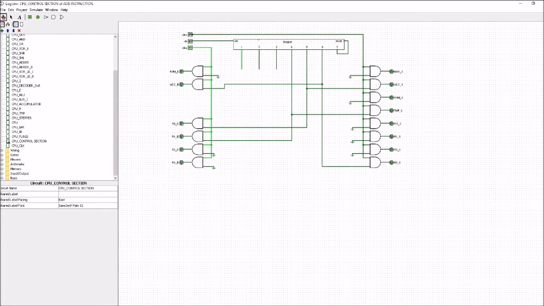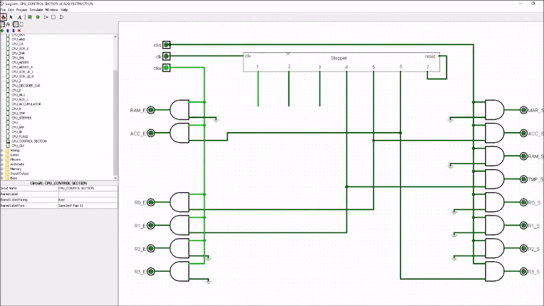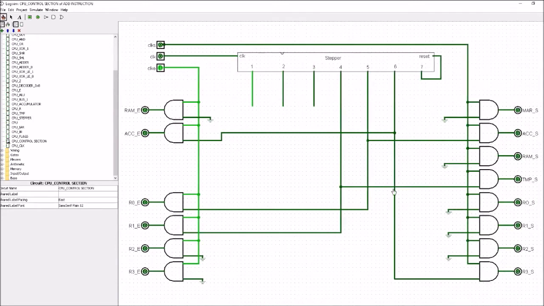So here is the control section, and I think what we'll do is we'll talk our way through it, and then we'll see it working, and it'll give you a good indication of what's happening here. So we have